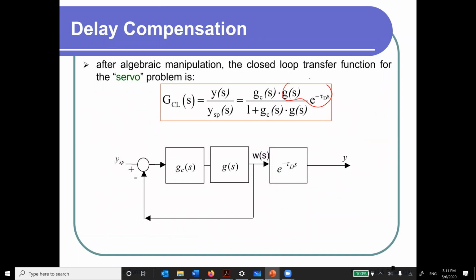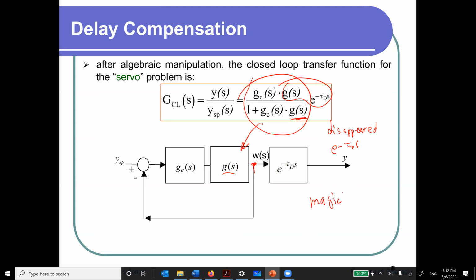This G is the original plant, and this e to the minus tau s in the denominator disappears. So by writing this way, we can simply say, do this loop, and this is separated in here. So that's the magic of